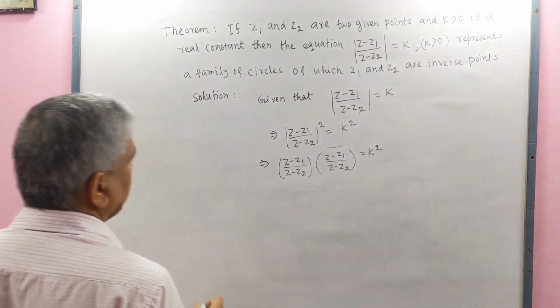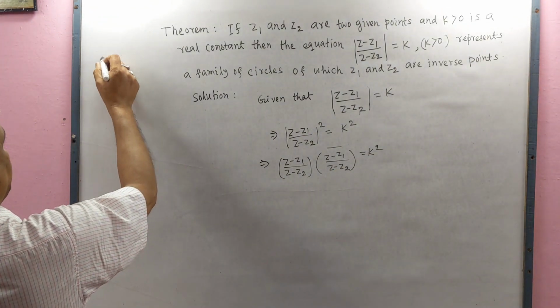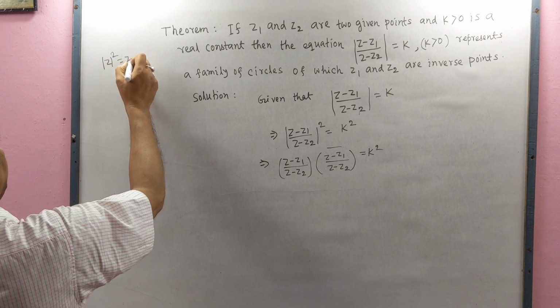Since we know that mod Z square equal to Z Z bar,